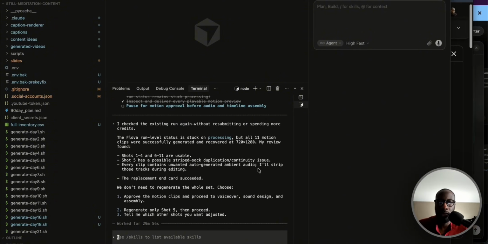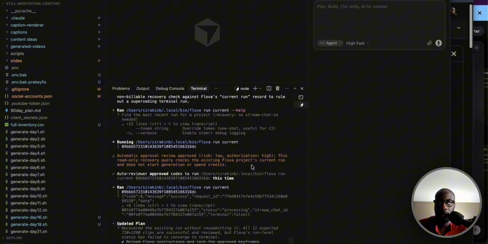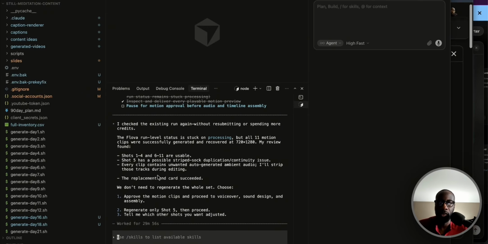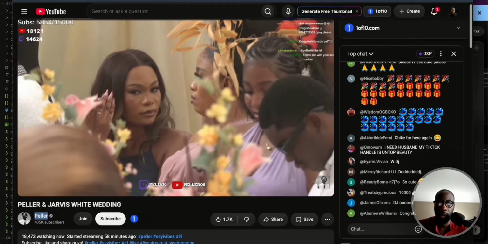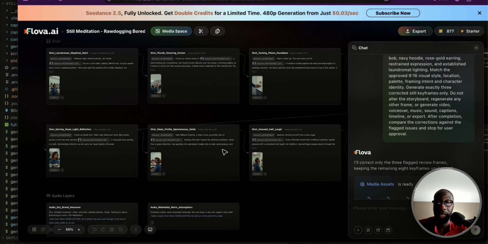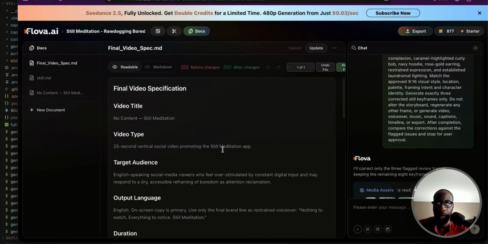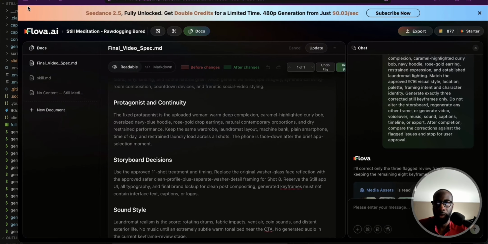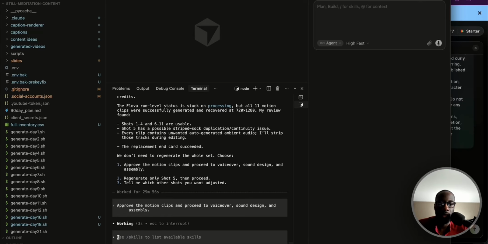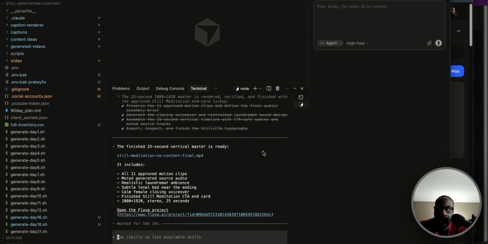confirm. All right, so it looks like the process got stuck and then it was able to recover the clips. So we have all the clips except shot 5. If we were to go in and look, we'd be able to see what all the shots are, and if we even need shot 5 in the process, whether we should just go with the 10 that we have. I'm just gonna go ahead and say let's just continue forward. So I'm gonna just paste this in, and then it's gonna proceed to voiceover, sound design, and actually assembling the clips together.